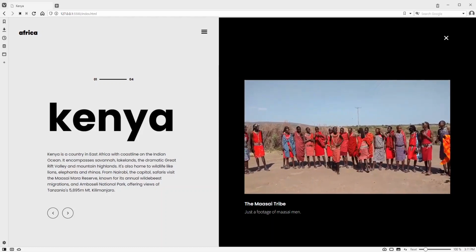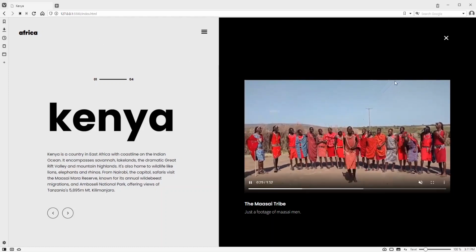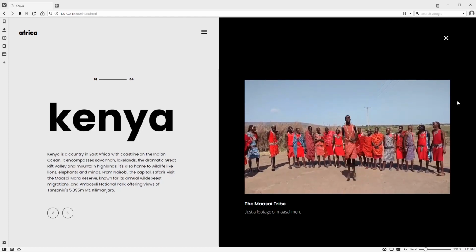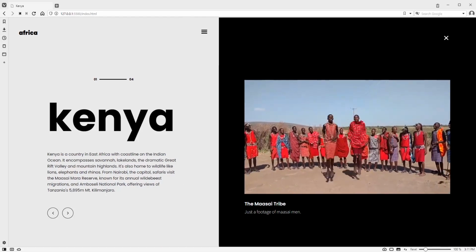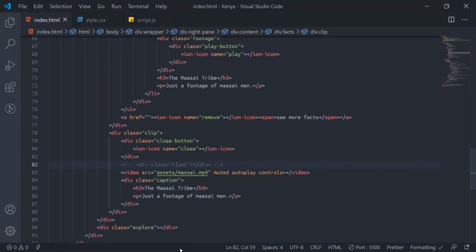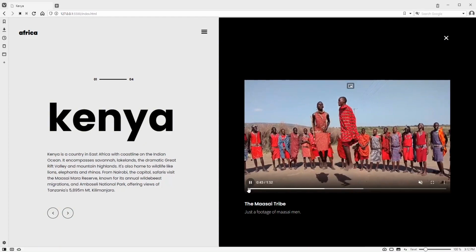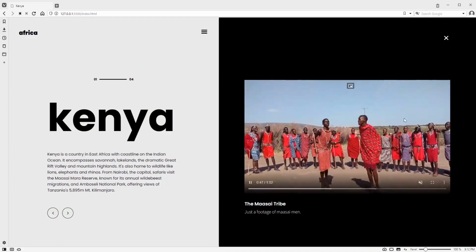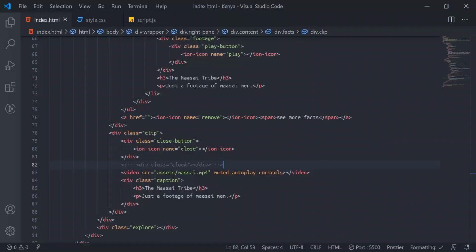Alright guys, in our last video we'll do this particular part. Say we take the video and it starts from the clock, which is this one. So this clock, we'll take it and cover this video, so that by the time it animates, the clock will slide out like a cut.